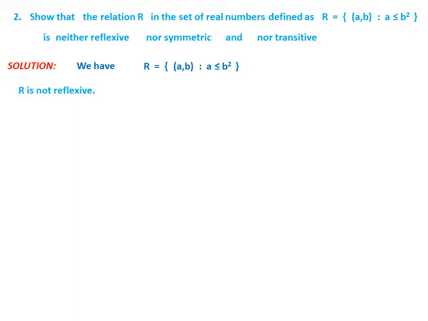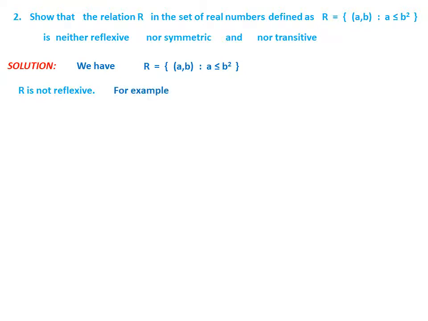Now first we have to show that it is not reflexive. Students, please note here, whenever you want to show that it is not reflexive, it is just sufficient to give one example. That is called the counter example method. You have seen this in mathematical reasoning last year, where different types of proofs and disproofs are there. For disproving, the method is producing a counter example.